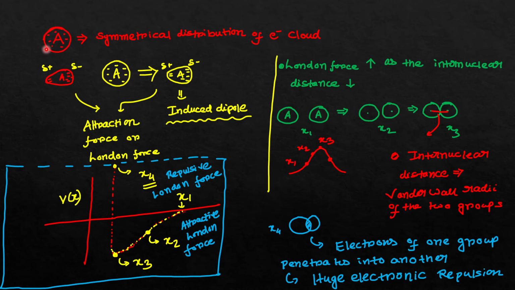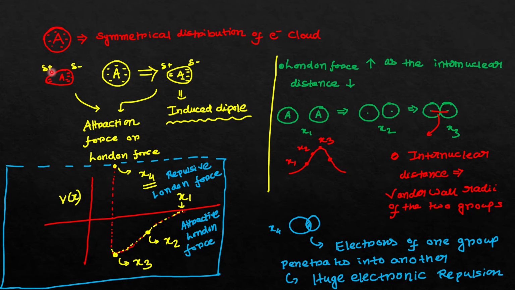So at a certain point of time some electron density will be less at this position, and more electrons will be accumulated at this position, and this time period is very short. So at that instance, due to the asymmetrical electron distribution,